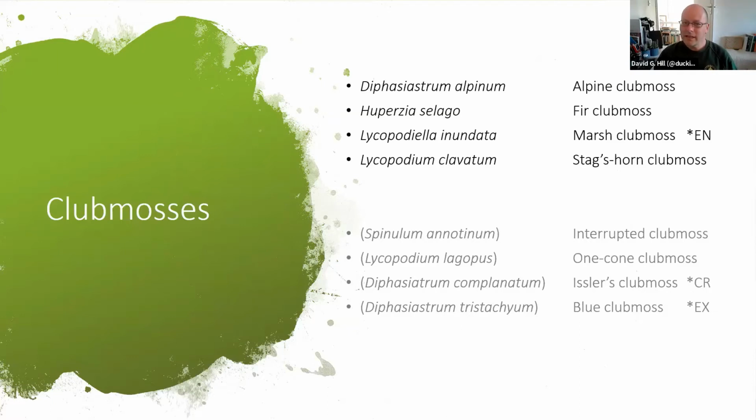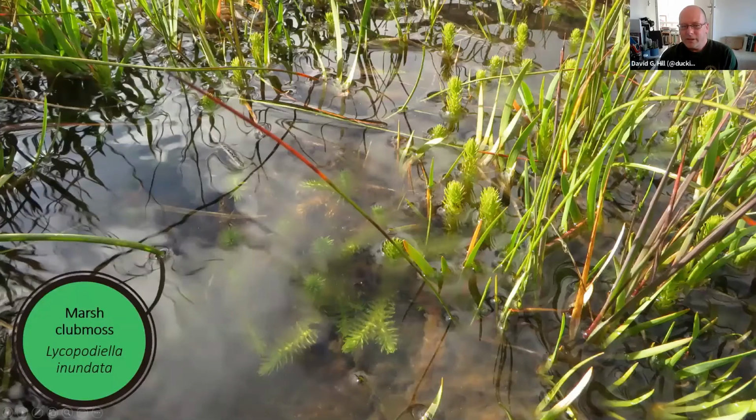Club mosses. In Wales, we have 4 species, Diphasiastrum, Huperzia, Lycopodiella and Lycopodium, so 4 different genera. We have one that's gone extinct in Wales, interrupted club moss, Spinulum annotinum, and then a couple that are only found in England or Scotland. So this will start with my favourite club moss, Lycopodiella inundata,